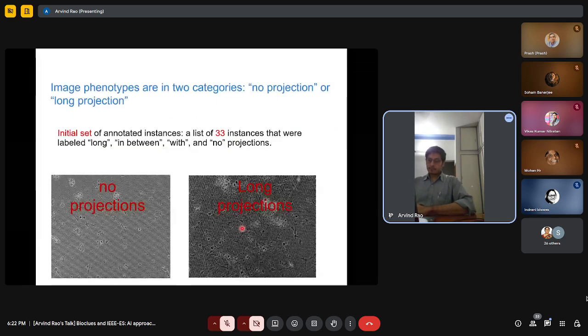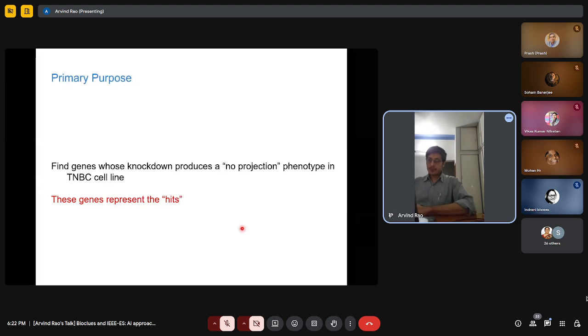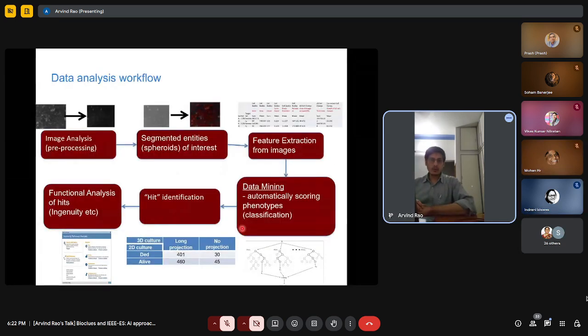And so, in the quest of trying to do that, there's a typical pipeline one could follow, which is, I guess, a consistent pipeline for any kind of biomedical data. There's always some pre-processing involved, be it genomics, be it imaging. You get some processed data as a function of the pre-processing. You extract features of different kinds. You then use those features to do data mining or whatever kind of machine learning approach you want to be able to use. Use that to be able to score your data, find the hits, hopefully. And then once you find the hits, you can try to map them to canonical pathways to understand what's the biology that's underlying those hits.